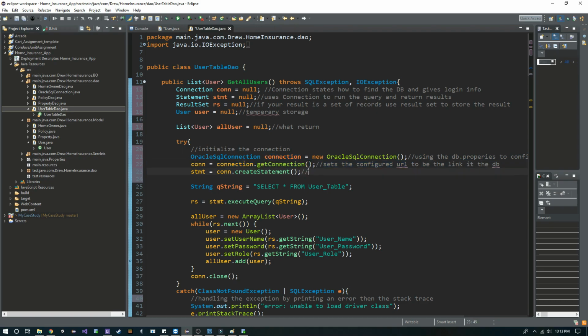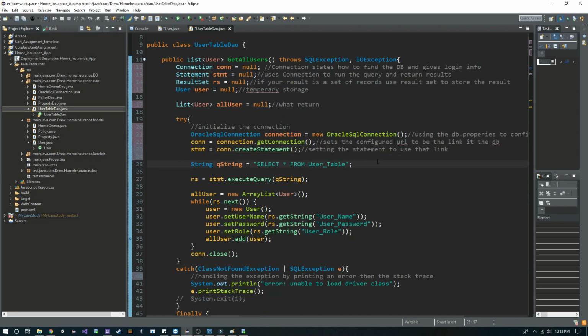And then here we are setting the statement to use that link, is essentially what we're doing. It's a lot of setting things to do stuff. All right. And then this string QString is the SQL command you would type into SQL Developer